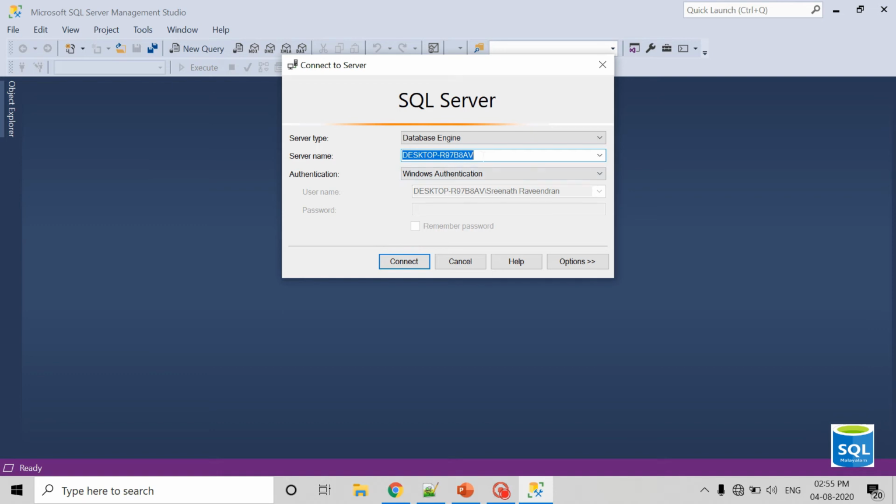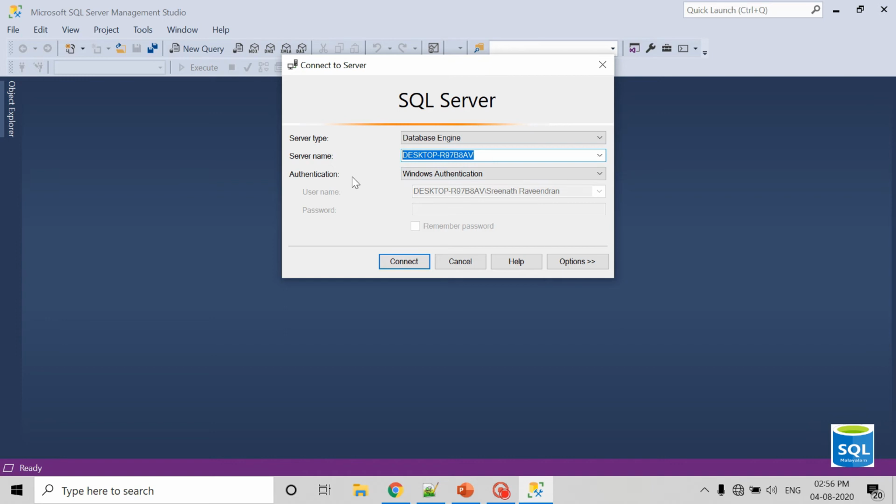Right now I installed the software SQL Server on my local machine, so this is my desktop, so the server name will be localhost, or I can give the machine name. Suppose the SQL Server is installed on another centralized machine, then I need to give the IP address or the name of that machine here.